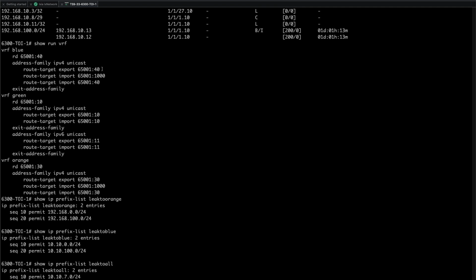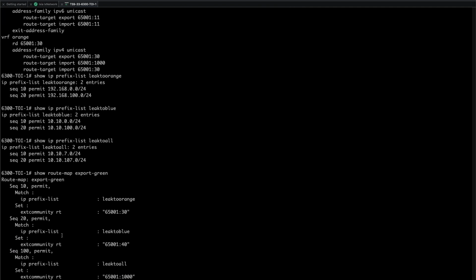For the blue, it's 14. If I'm matching the prefix list linked to blue, I set extended community RT 40, and 1000 is for all. So let's verify that in my